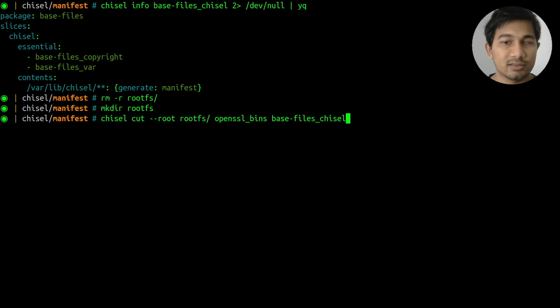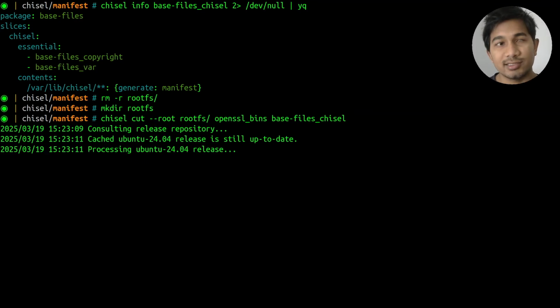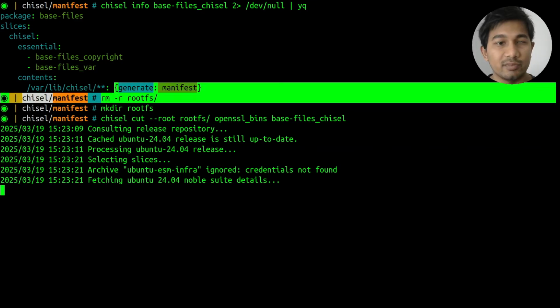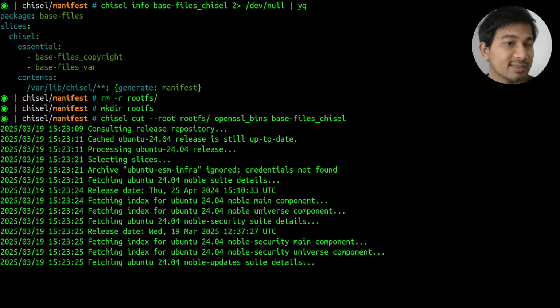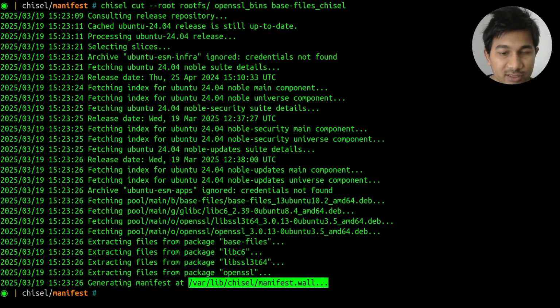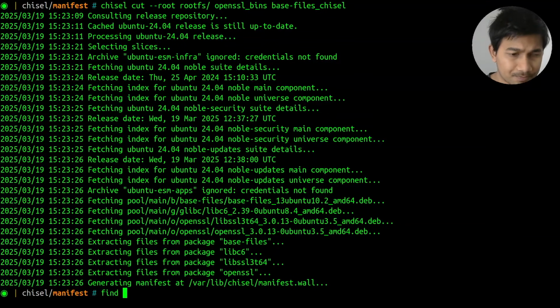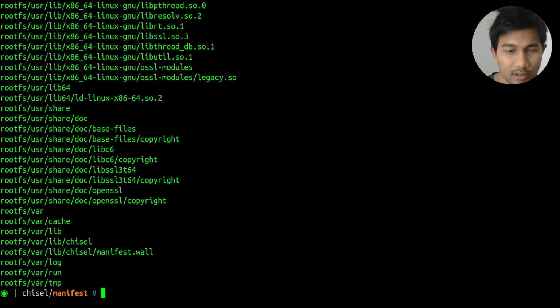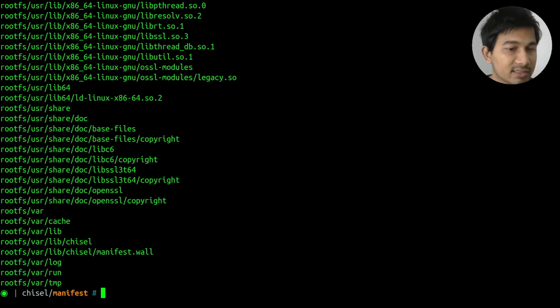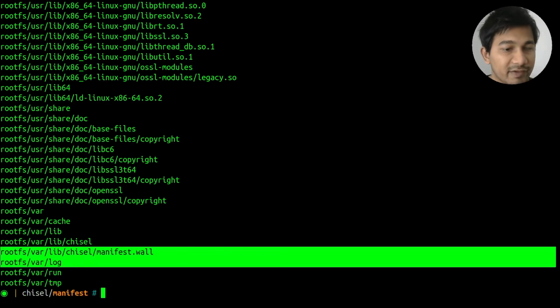at that location there. Now it reads the release, processes it, and then looks for any path in these slices and their dependencies that has the generate manifest kind. Now the base-files_chisel slice has it, so it will generate a manifest at this location here. As you can see in this log, it did generate a manifest here, and if I do find it first, I'll see that it has a bunch of libraries, OpenSSL binaries, and we do have the /var/lib/chisel/manifest.wall